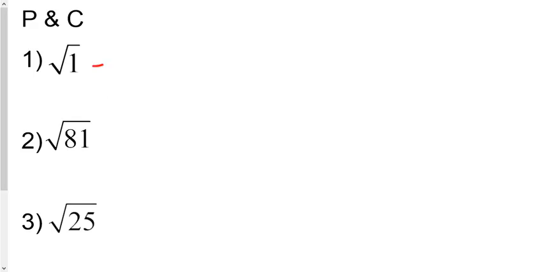All right, so what number times itself is 1? Well, the answer is 1. How do we know that? Because 1 times 1 equals 1. That's how we know it. Now, square root of 81, the answer is 9, because 9 times 9 is 81, and square root of 25